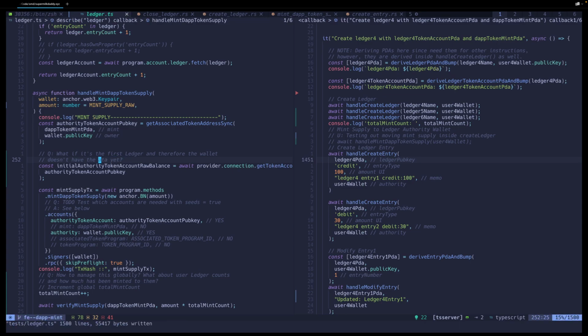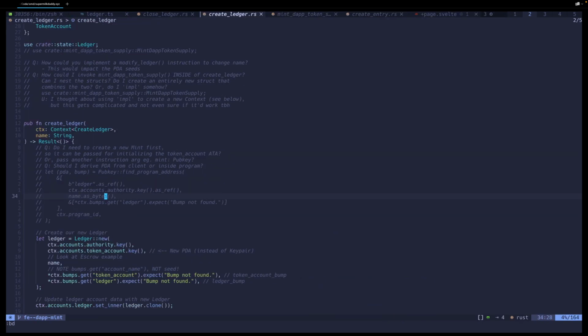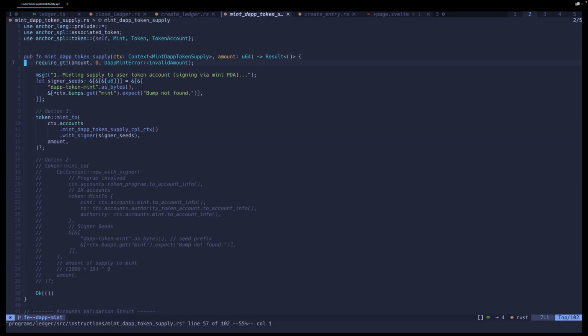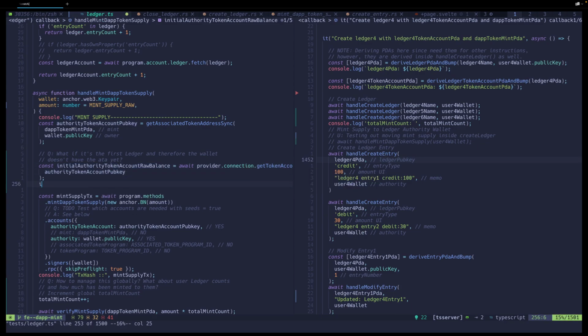See? Because in our construction, or in instruction, if it's over here, what is this? Oh, sorry. Create ledger mint supply. We have the authorities token account. We're using the init if needed. Yeah. So if it's necessary, then we will mint or create a wallet. But this is right here. What I could do, deriving the associated token address for this wallet, that can be done. However, this, I may have to do a check, like if,